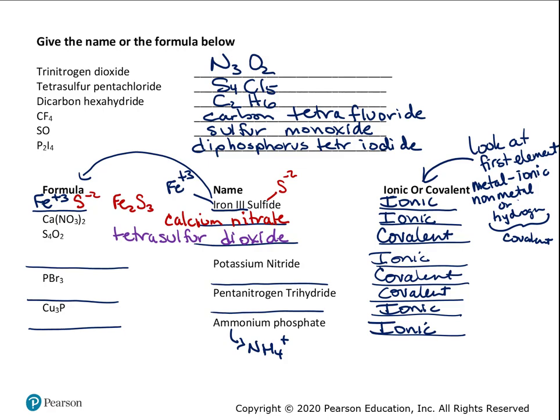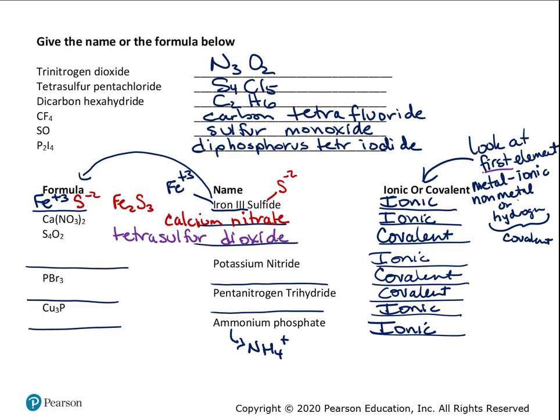To ask yourself whether you've got to name it or give its formula, is it ionic or covalent? So always look at the first element. Look at the periodic table. If it's to the left of the zigzag line, everything except for hydrogen, remember hydrogen really should be over here, but everything to the left of the zigzag line is a metal, and if you see that, then you know it's ionic, okay? So for the first one, looking at iron, you find iron on the periodic table,